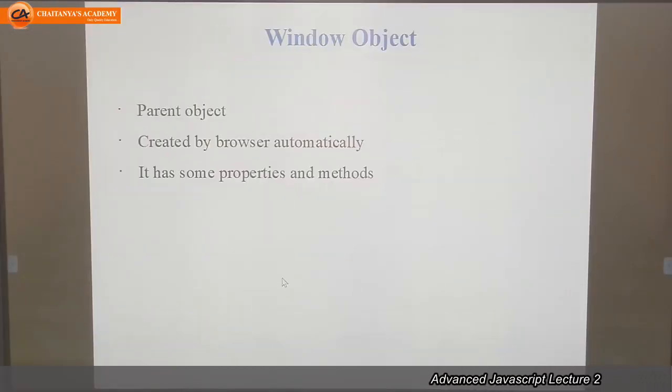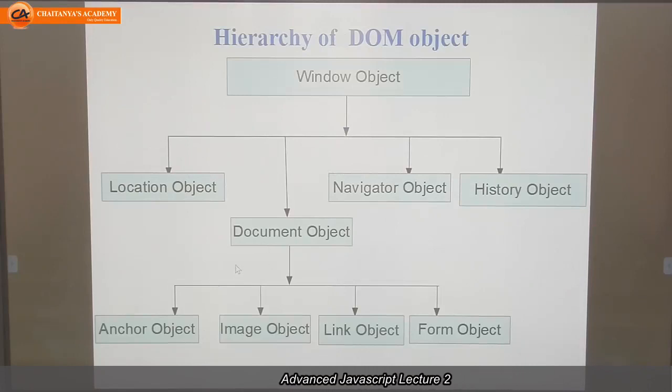So these are some methods and properties of the document object model: for the document object we have properties like head, title, URL, body or image, and methods like write, writeln and getElementById.